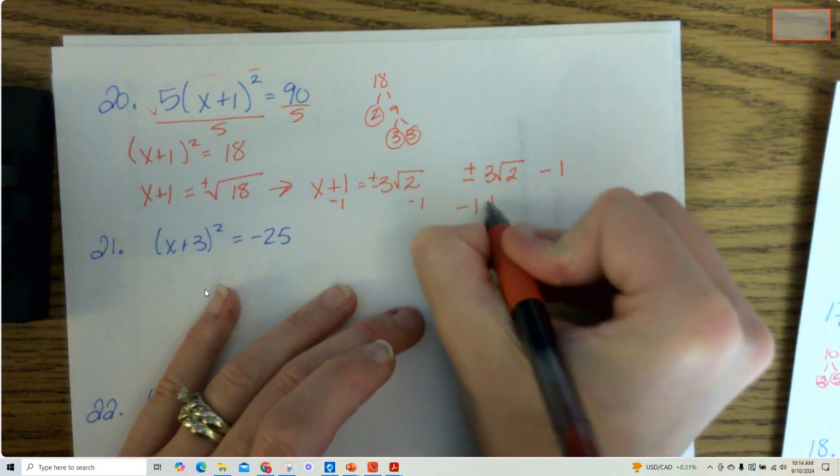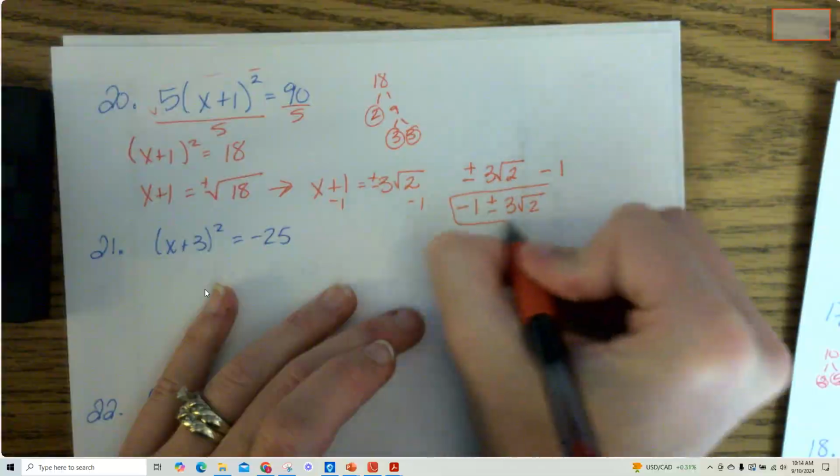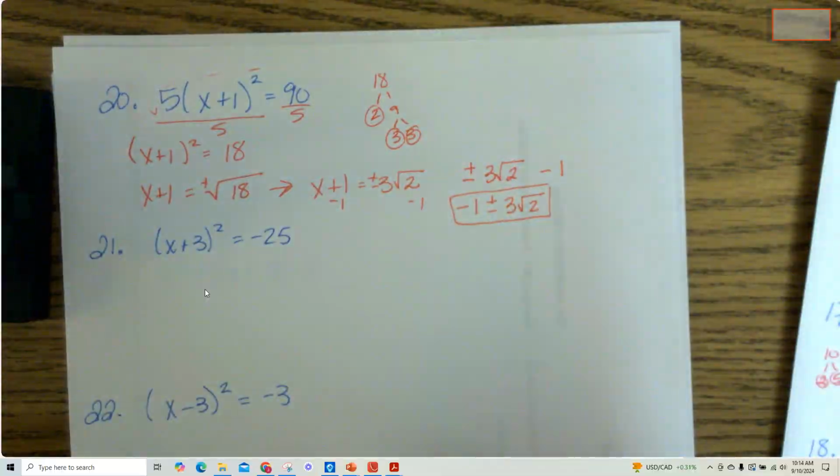That's how I would write it. That's simplest form to me. Okay? That's again going to be teacher discretion on what simplest form is there. Okay? If you want to write this as a